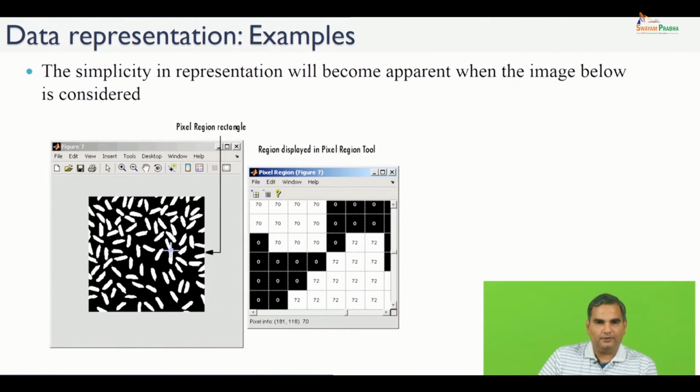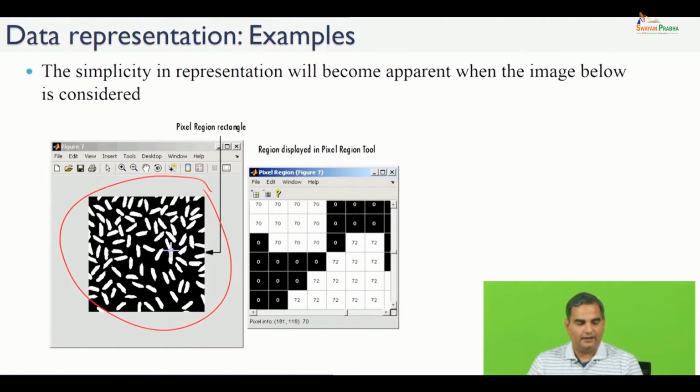So for example, if you take this picture on the left hand side and you want to represent it somehow in a computer, one way to do that would be to represent this picture as a matrix of numbers. If you take a small region here, you can break this small region